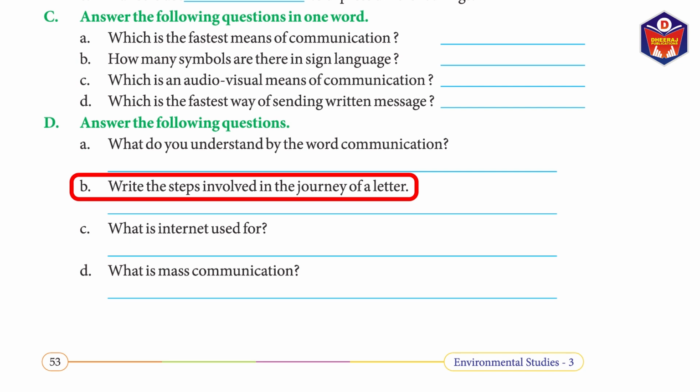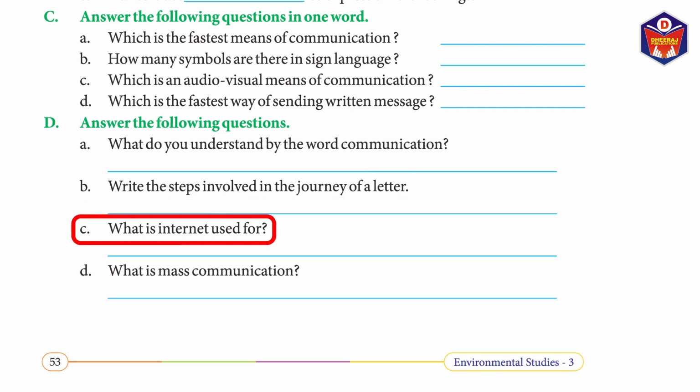4. The postman collects letters from the letter box. 5. He takes the letters to the post office where they are stored according to the states and cities. 6. Letters are put in different bags and sent to specific states and places by trains and aeroplanes. 7. Letters are again sorted in the city post office according to the areas. They are sent to the different area post offices in the city by a mail van. 8. The postman delivers the letter to the address mentioned.